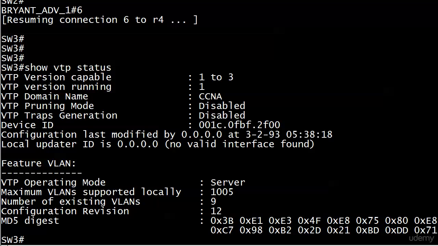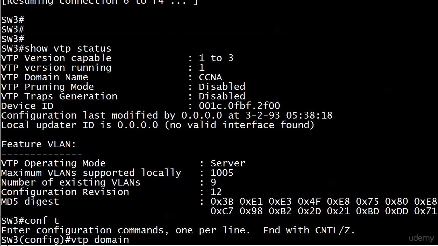Now in this case, when we do these two things, when we reset it to 0 and then rejoin the domain each time, the config revision number should end up being 12. Because when it gets an add from 2 basically saying here's all the VLANs, the switch will not increment its own CRN at that point. So let's go ahead first off and get it set down to 0, because it's not officially a change, it's more of another advertisement type. So let's try